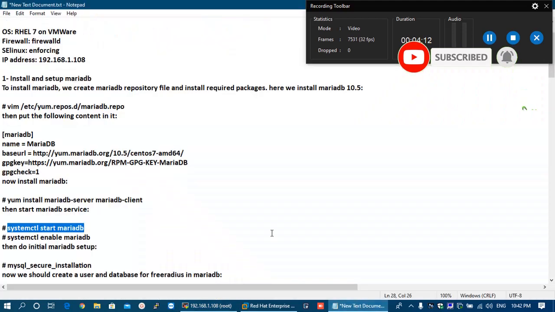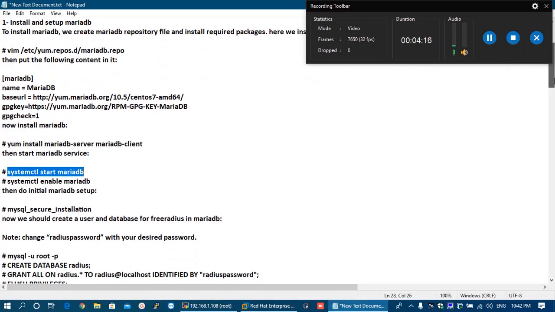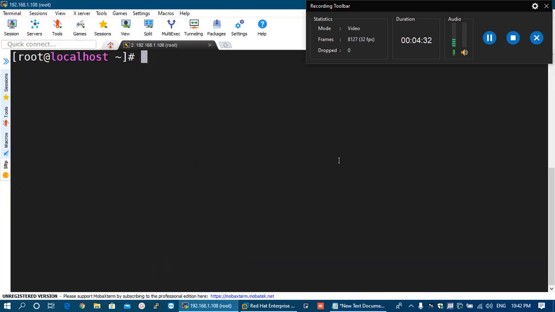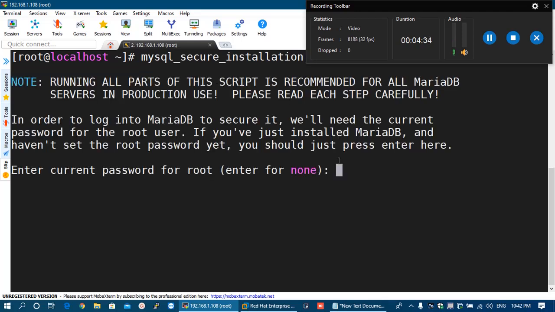Now, in the next step, what needs to be done? We will use this mysql_secure_installation command to secure MariaDB and set the root password. It will prompt us for the password. We can press enter here.